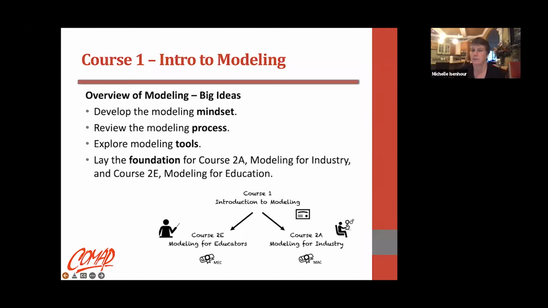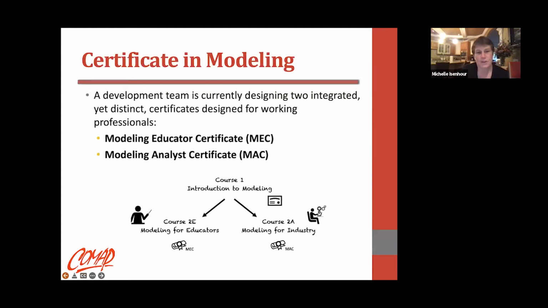Kathy, could you back up a slide, please? One track focuses on the educators, the Modeling Educator Certificate, or the MEC, while the other focuses on the industry professionals, the Modeling Analyst Certificate, or MAC. As you can see on this slide, the program in its entirety will consist of a common Introduction to Modeling course, followed up by 2